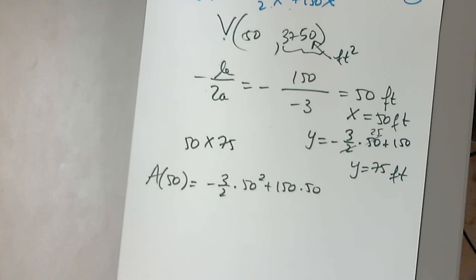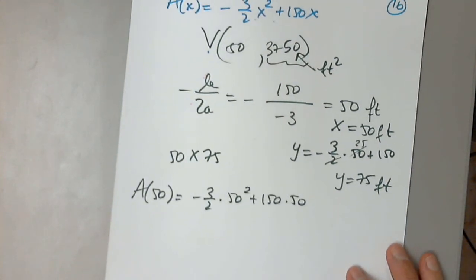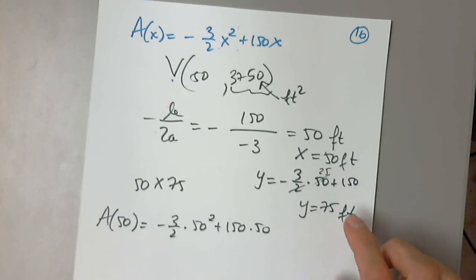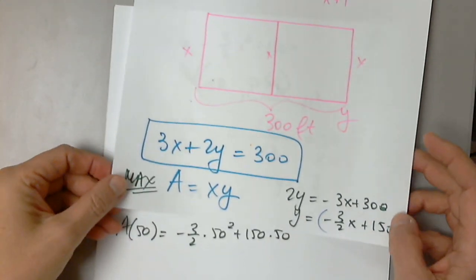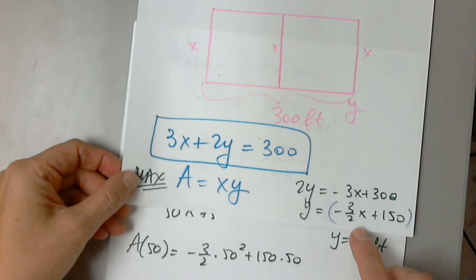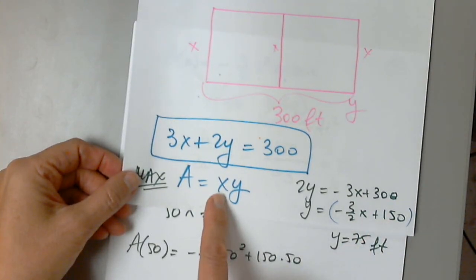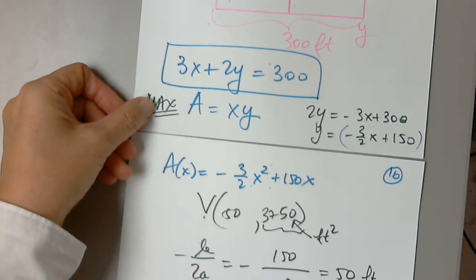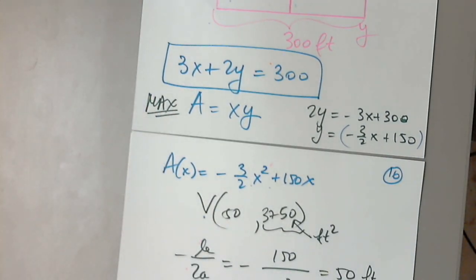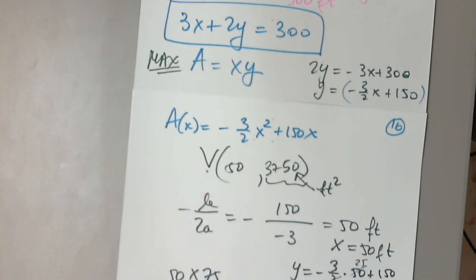Yes, please. So when you go back to the equation, how did you jump from y to A of x? How did you get from y to negative 3/2 and then adding another x? I multiply by x. The area is x times y. She plugged that y on the right side into the y. A equals x times